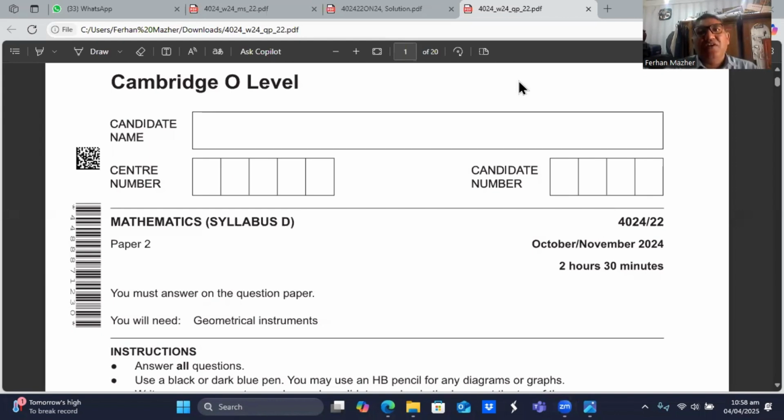Syllabus D. Today we have set our hearts to solve a paper 2 of this subject, and we have selected the October-November 2024 paper 2. This is called paper 2, and the calculator is allowed in this paper. The total time allowed for this paper is 2 hours and 30 minutes, and the marks for this paper are